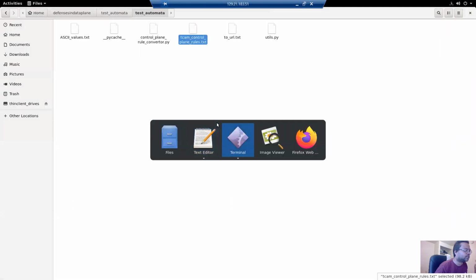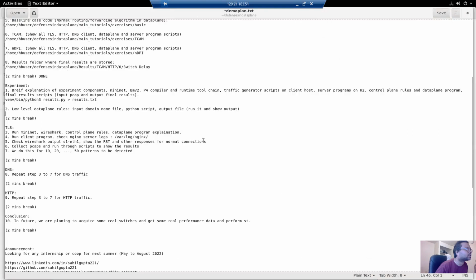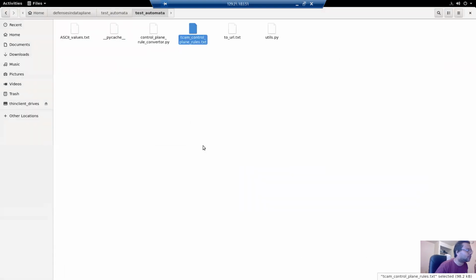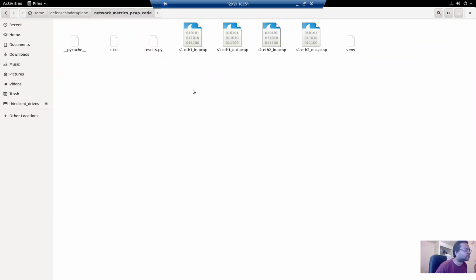So this is automatically creating the low level data plane rules. Now let's move to the files I was talking about. We usually use these two files, the ingress and egress files from both the virtual interfaces.